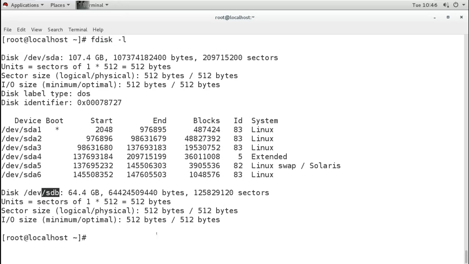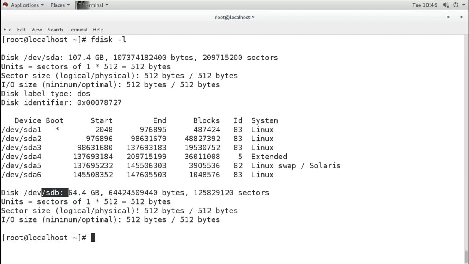Now I can configure it in a single disk. Remember, I have one disk only, but basically you should configure it on separate disks, not a single disk. If you configure it in a single disk, you lose a disk, you lose the data, everything you will lose.